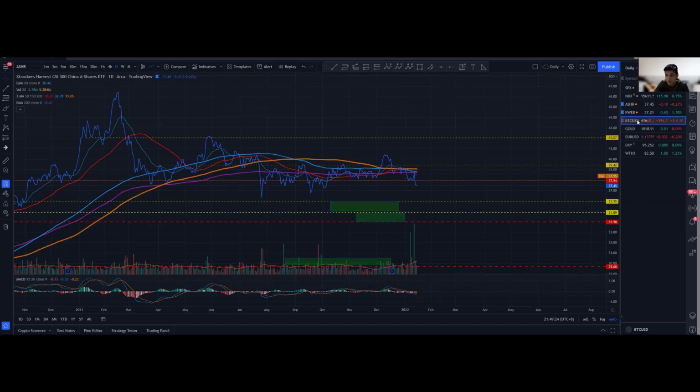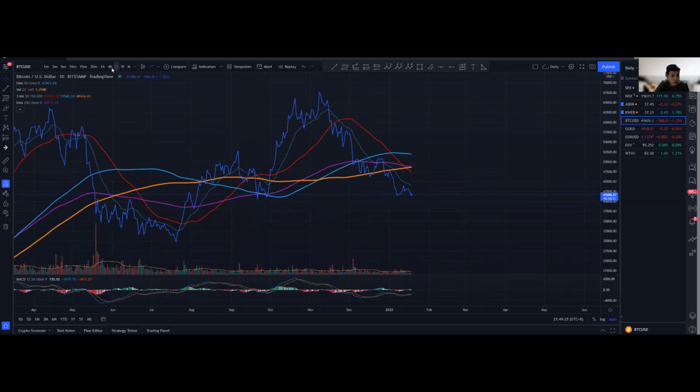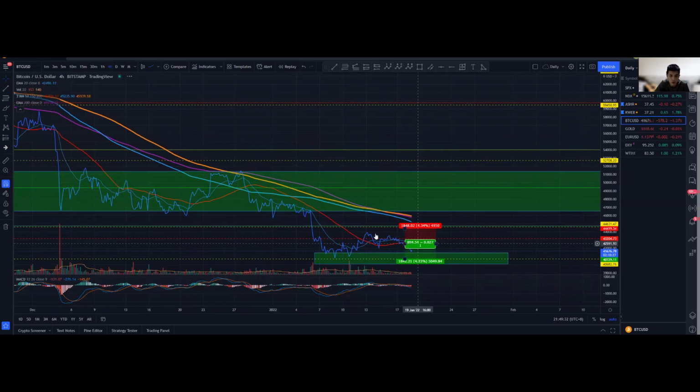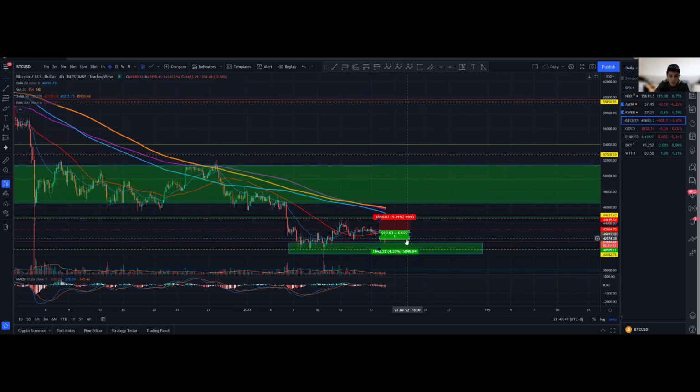All right, and then finally for Bitcoin itself, things definitely looks to be a little bit more further bearish. As you can see over here, I mentioned yesterday I did enter a short setup. So it did fulfill some of my criteria itself. I can see that it's forming lower highs. And right now, actually confirm a lower low in that perspective. So I entered a short somewhere around here, as you can see over here, after the video was recorded yesterday itself. So right now, things looks to be trending towards my side of things,